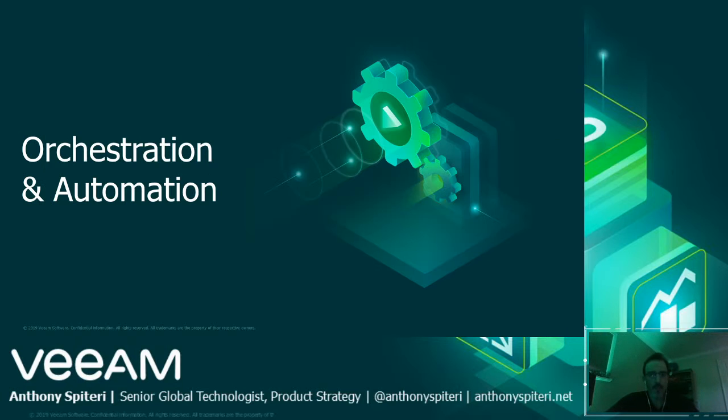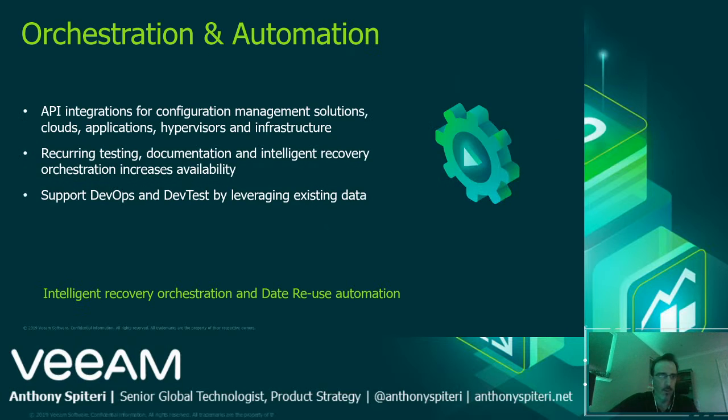In terms of orchestration and automation, I mentioned this before, we've got a powerful set of PowerShell commands, and we're getting much better with regards to our API set. We're doing a lot of work around that. And when you look at our portfolio products in the platform, something like Backup for Office 365 or Console V4, that is built with an API-first mentality. It's got a Swagger interface.